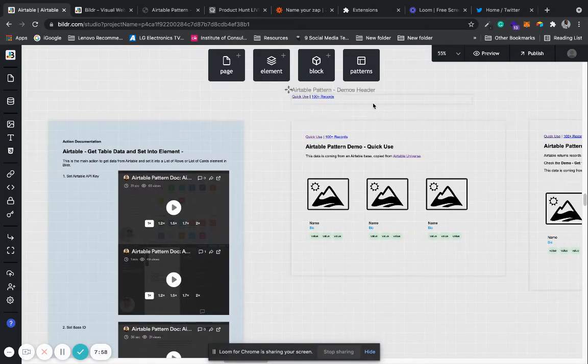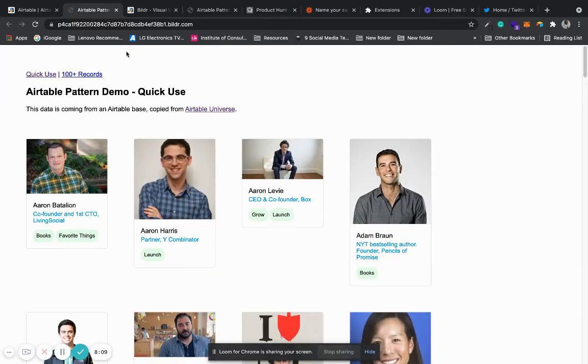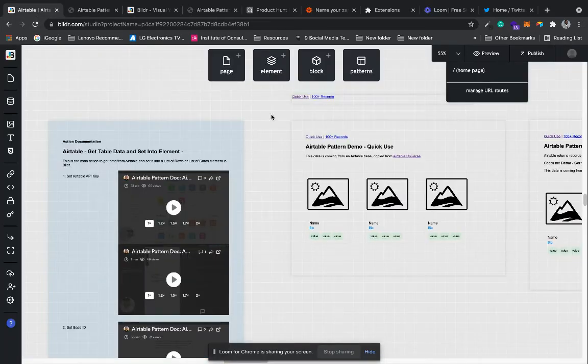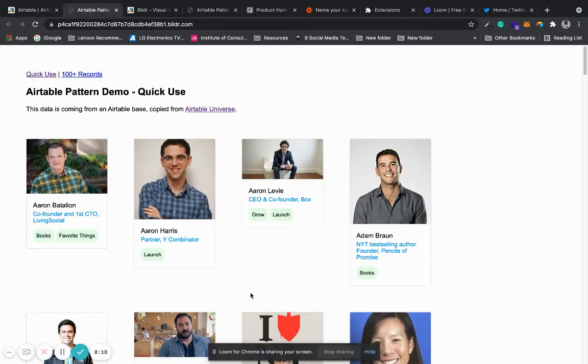And what you want to do after that is, if we just preview this and see what this looks like, it will ask you to create a homepage and tell it which is the homepage, and this is your homepage. The Airtable pattern demo quick use. We jump to the preview. As you can see,